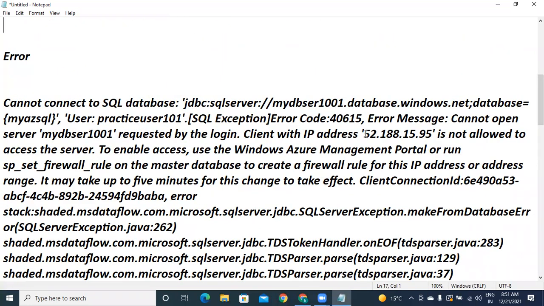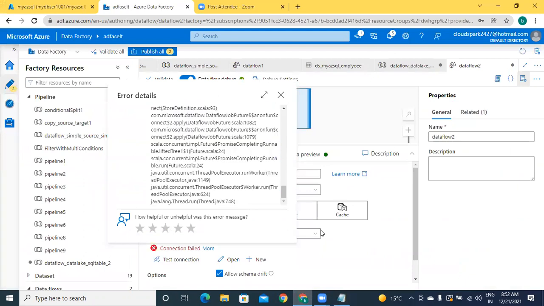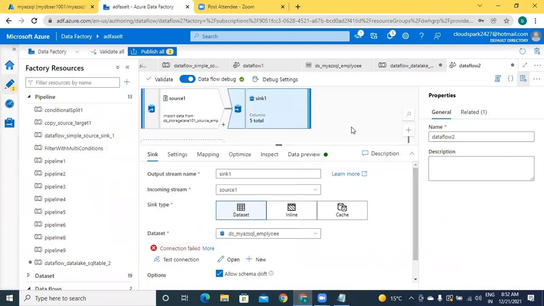First, I am taking this IP address. It is saying that this IP address is not allowed. To solve this problem, we need to go to the firewall settings of your database.